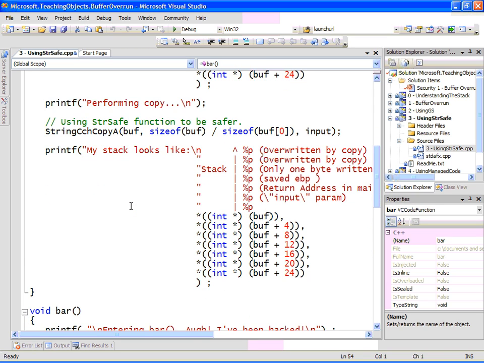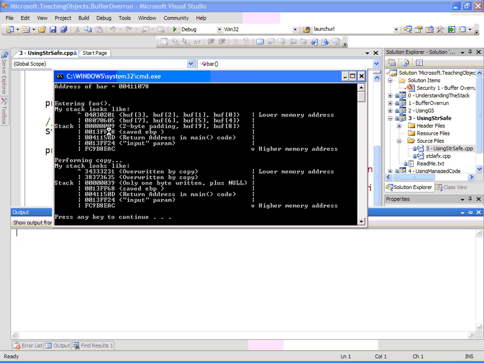As a result, we can run this application. We'll just run it real quick, and you'll see that the stack to begin with looks like the stack always has for all these demos we've shown. The one difference is that we don't have the GS switch turned on here. We've explicitly turned that off, so there is no GS cookie being inserted,